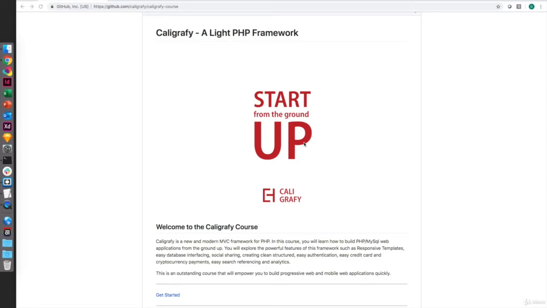build. Now, as I mentioned previously, this course is not a design course per se, and the Calligraphy framework, despite the fact that it supports very powerful ways to create themes and to create new visual templates, as part of this course, we are not going to learn necessarily how to do that, but we are rather going to use the default theme that is provided by Calligraphy out of the box, even if we don't necessarily